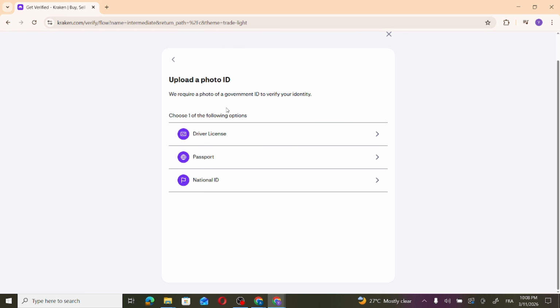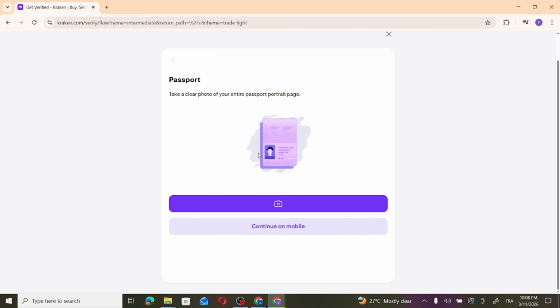Now you can choose to upload your driver license, passport, or national ID. And now all you need to do is take a clear photo of your entire passport portrait page. You simply press on the camera here and it will open, or you can press on continue on mobile. They will send you an email with a link,